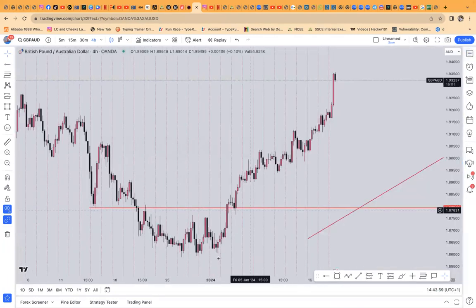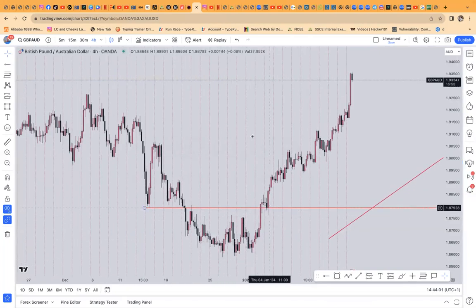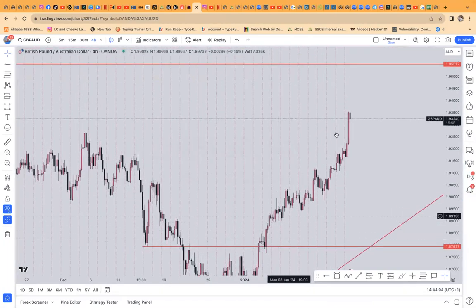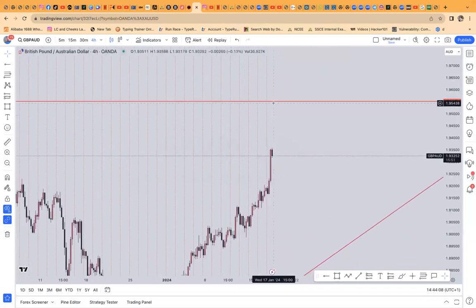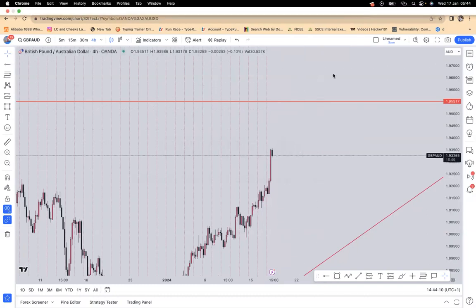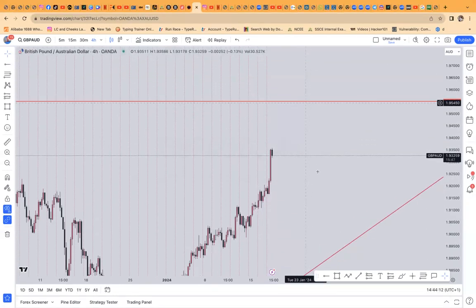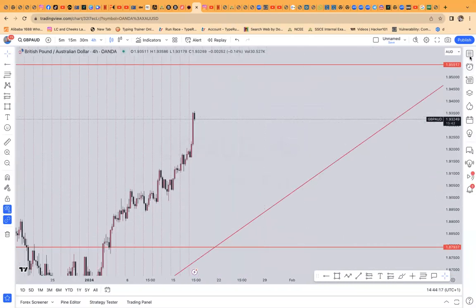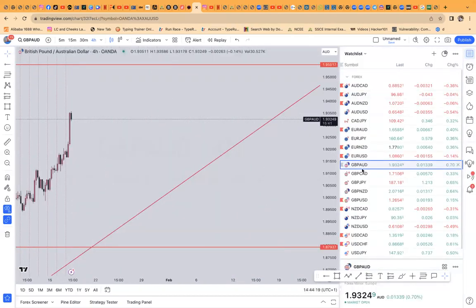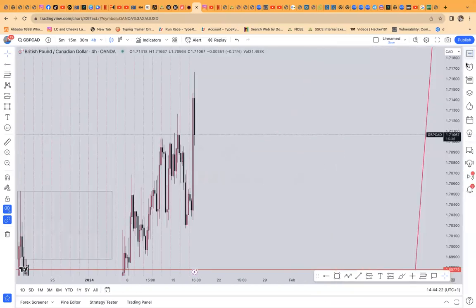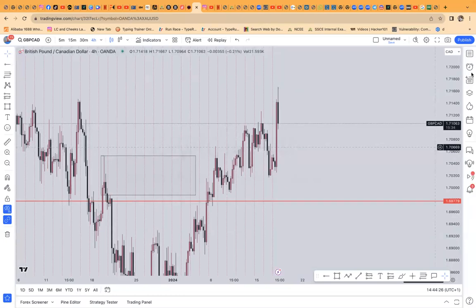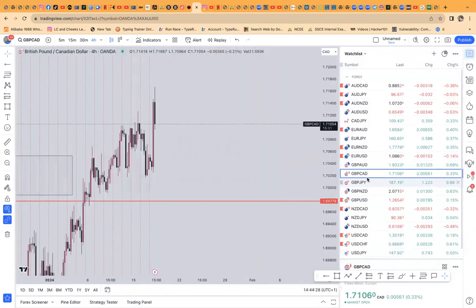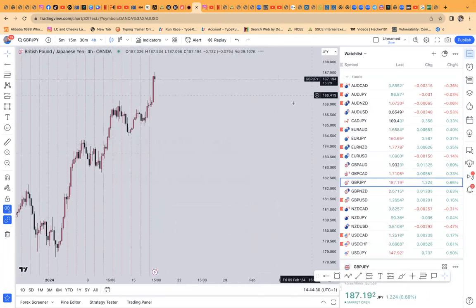Okay, this one here, I just marked out the psychology level and price keeps heading up to the upside. You can see there's another zone here, which I'm waiting for price to either break and then keep pushing upward, or come to that zone, test there, and then keep going down. That is why I marked it already. I have GBP JPY, these are my levels which I already marked. I have good examples for us here, so let's stay tuned.